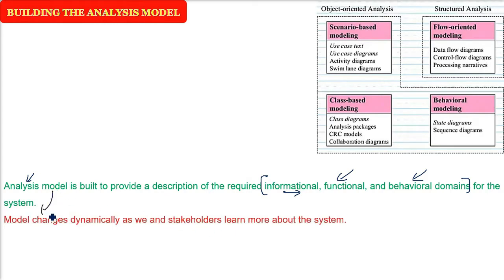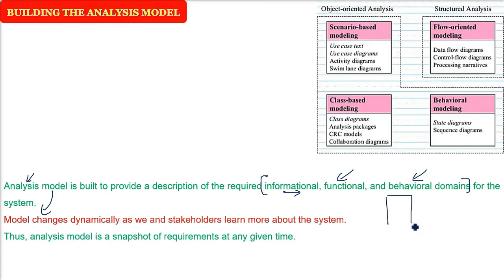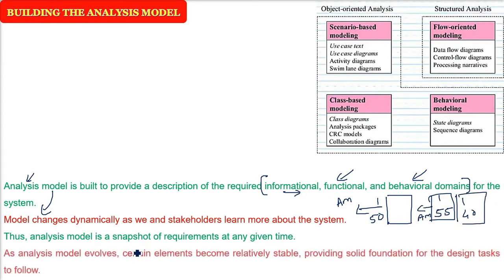What is the analysis model? The idea of an analysis model is a snapshot of the present requirements. For example, you have 50 requirements right now, 1 to 50, and this is the analysis model. After 1 or 2 months, the requirements are 1 to 55, so 5 have increased, or say 10 have decreased, 1 to 50. So the snapshot or picture of the requirements at any given point of time is the analysis model. I hope you got the idea. The requirement snapshot is only the analysis model.